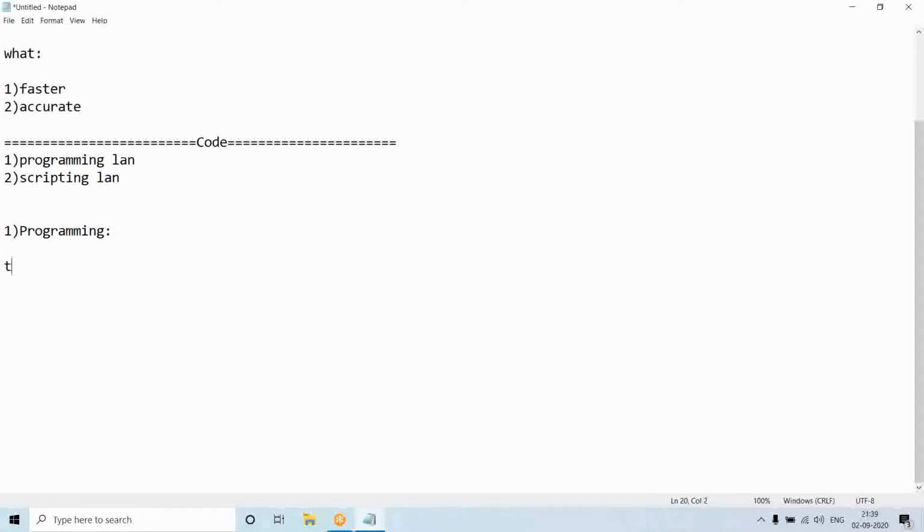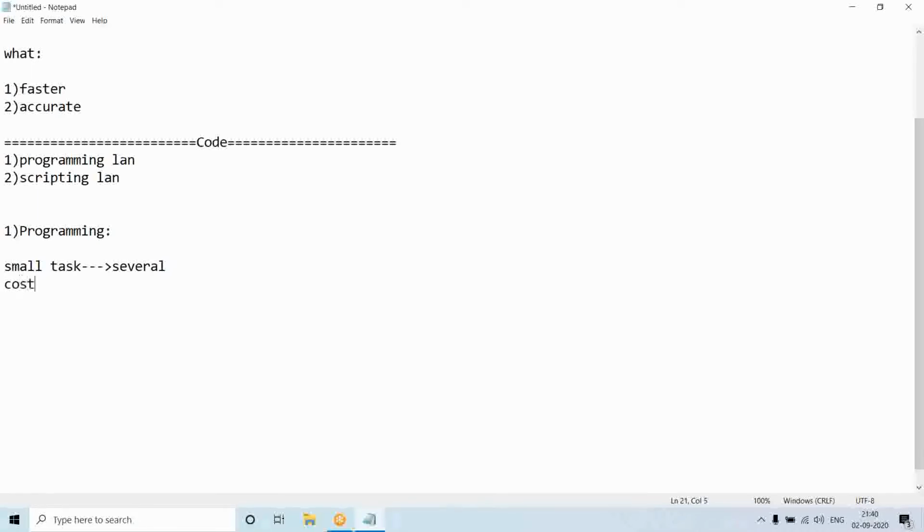In programming languages, let us say the task to be done is very small, like adding two numbers or subtracting two numbers. Even for small tasks, we have to write several instructions. As the number of instructions grows, more memory is required to store them.